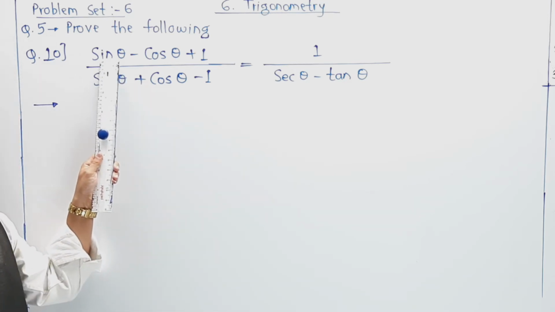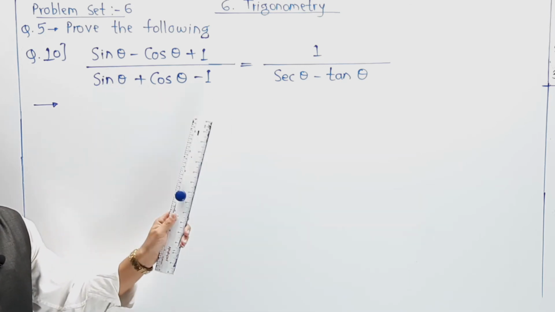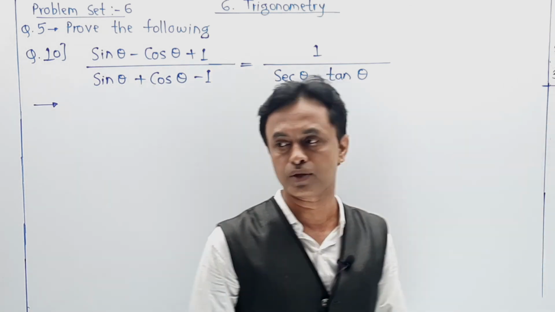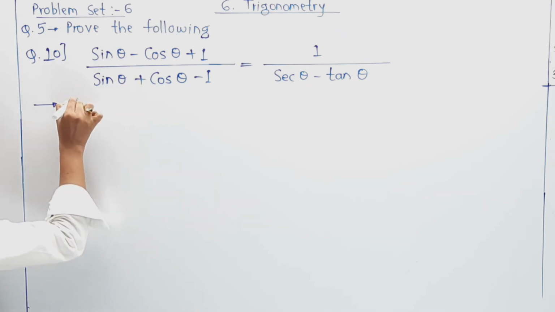Also it contains sin, cos and 1 in one line. Naturally we are going to start with the property sin square theta plus cos square theta is equal to 1. And the part is, first of all, by fundamental identities.